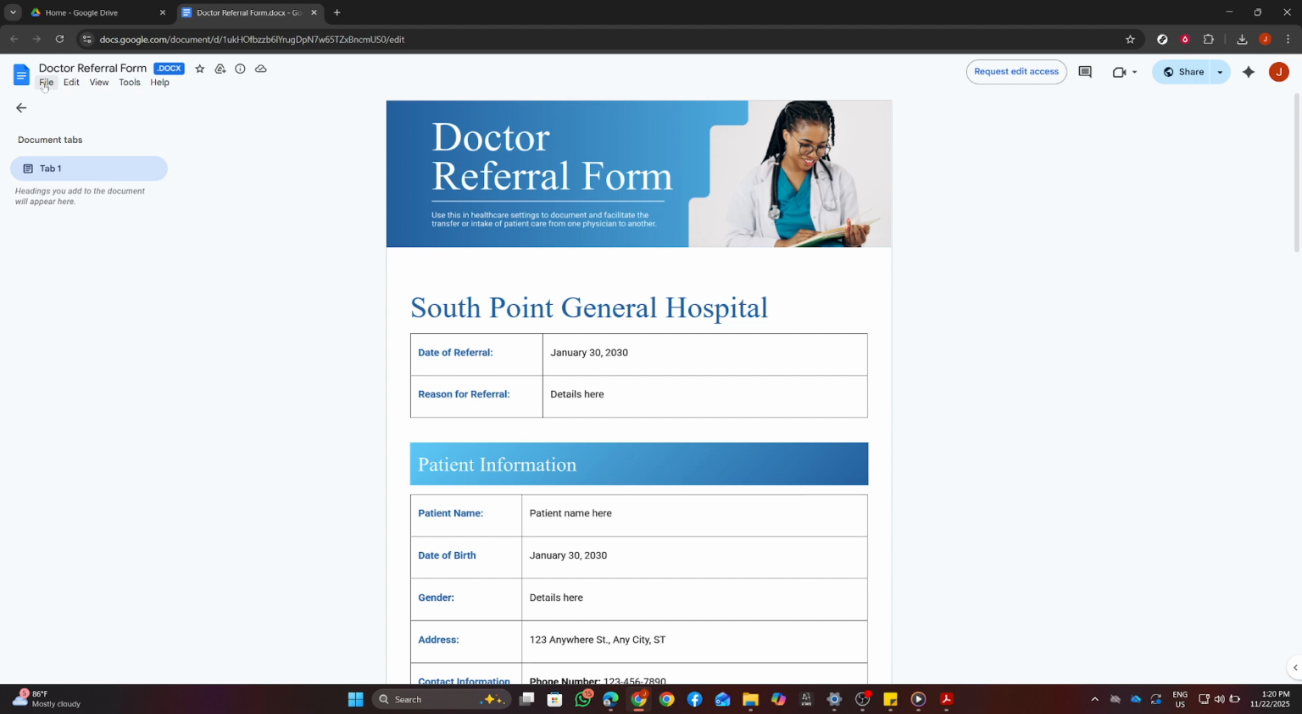Before exporting, scan through the document for formatting, images, and page breaks. What you see here is what your PDF will look like, so adjust fonts, spacing, or margins if needed. If you want fine control, you can use File, then Page Setup to set paper size and orientation first, but